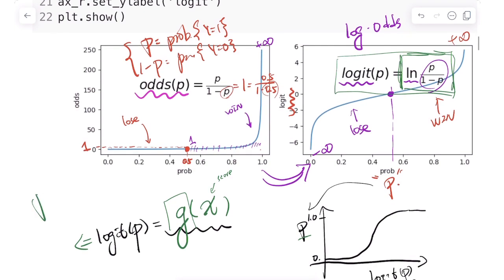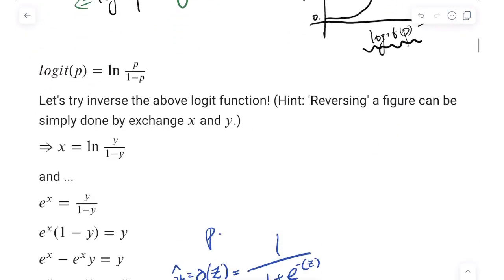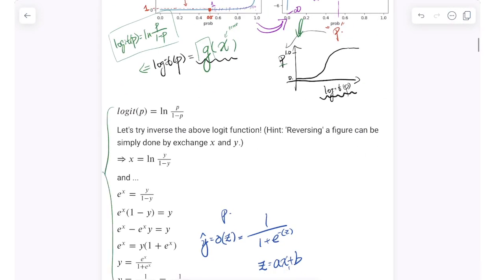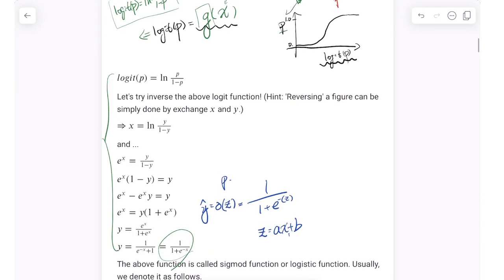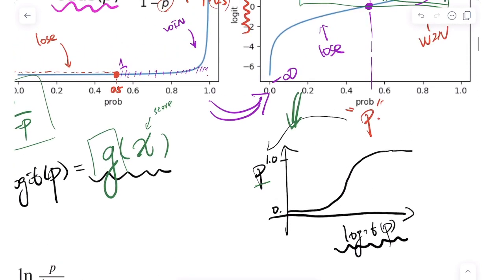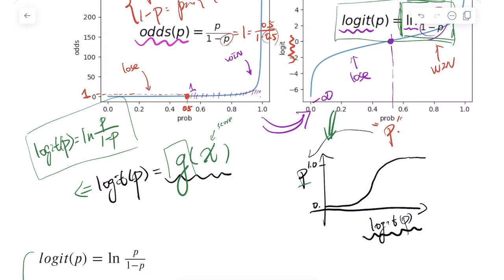Logit P equals log P over 1 minus P, right? That is the result, right? So when we flip the value, here is the calculation. How do we flip this result? Flip this figure. You can take a look at it by yourself. So after we flip the value, it becomes